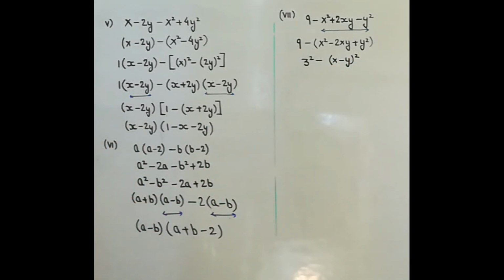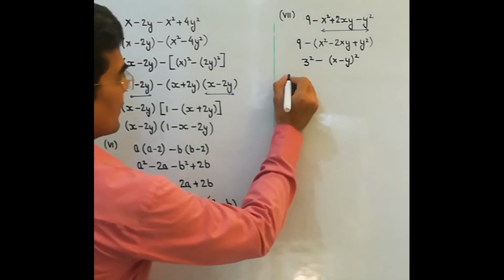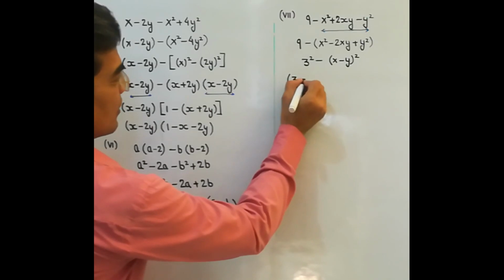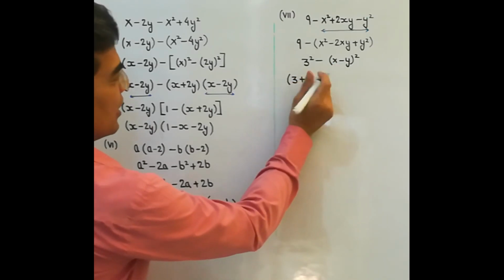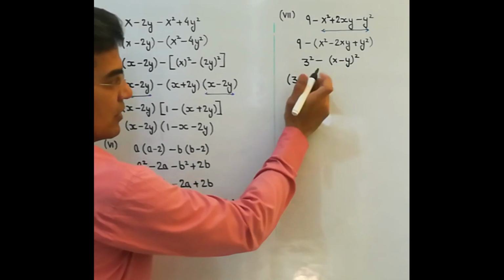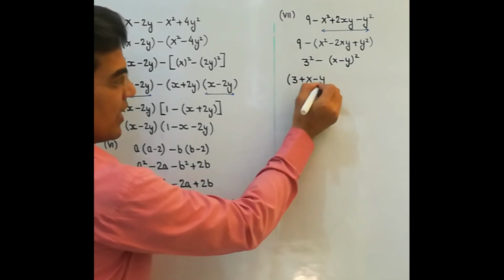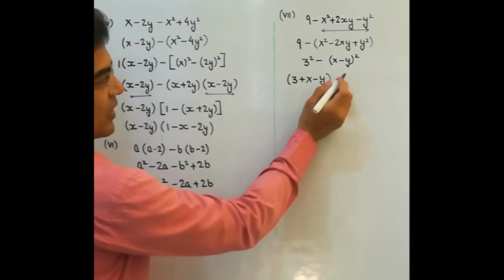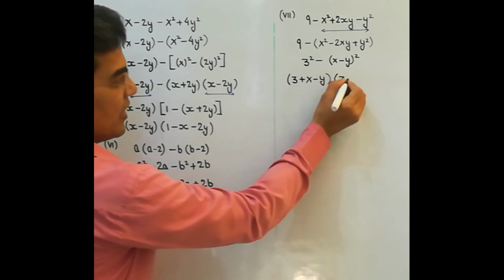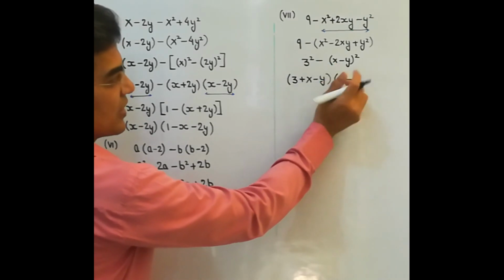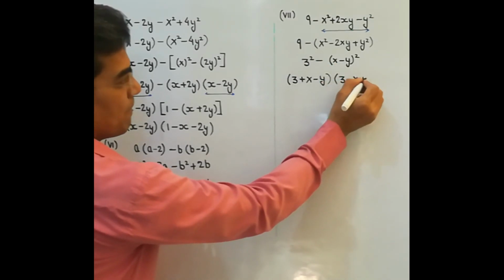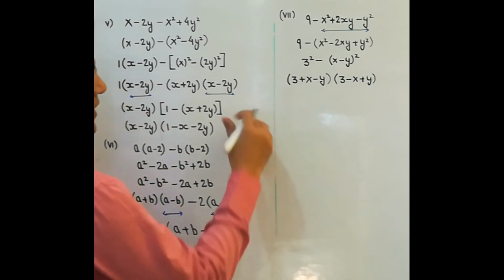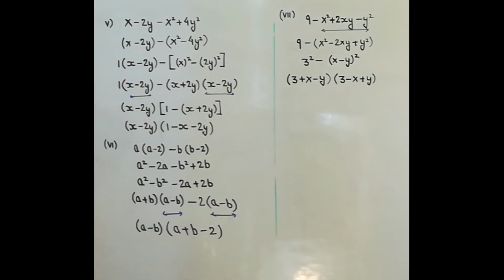So we have got it in the form a square minus b square, and the formula for it is, first bracket gives you a and then plus of b. Whenever you take plus of b, you need not change the sign, you write it as it is. It is x minus y, it will be written x minus y. But when you take a minus of b, you will be changing the sign. And there are no like terms within the bracket, so they cannot be solved further. So this will be your answer. Hope this part is clear to you.